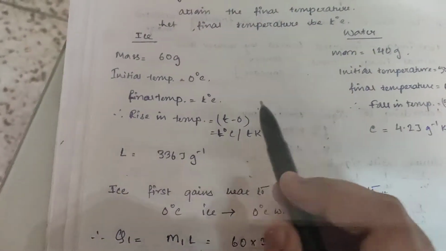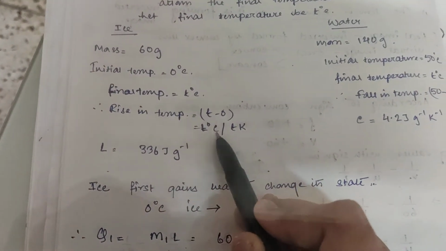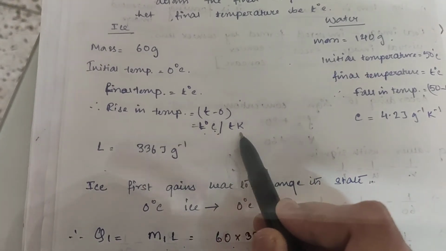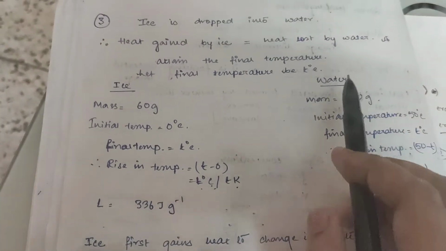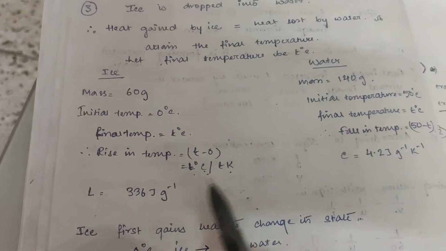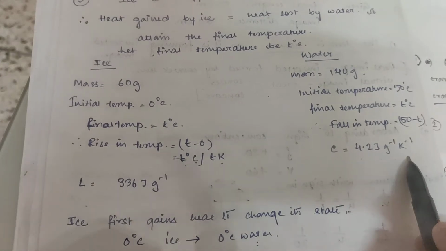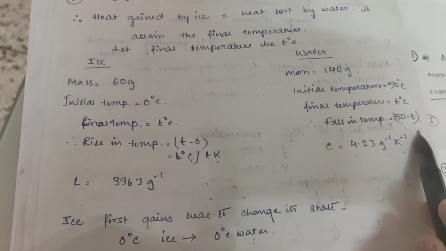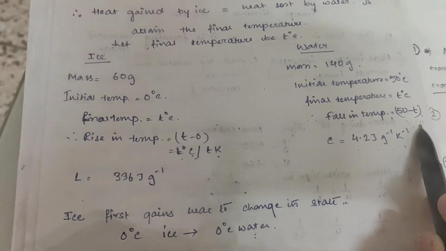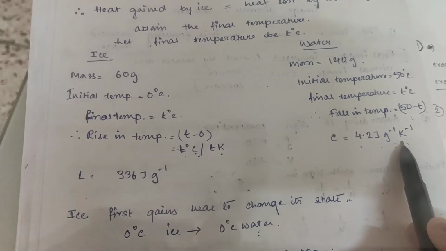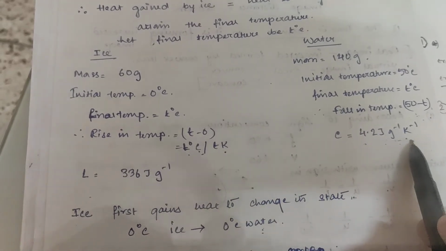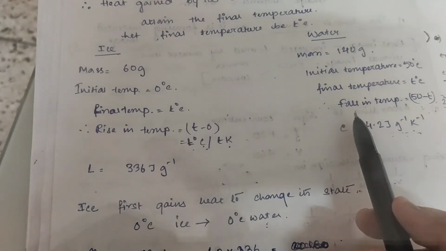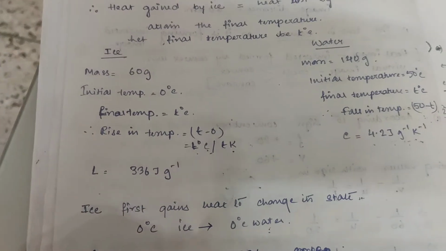Now, notice, delta T, even if you use delta T in degrees Celsius or delta T in Kelvin, it's the same. I think I have explained this many times. In the specific heat capacity, see, the unit is given as 4.2 joule per gram per Kelvin. So you can use it as 50 degrees Celsius or 50 K. We need not convert anything because this is given. Why will I convert? Because this is given per gram and per Kelvin, and I am just finding the temperature difference here. So it's the same in both, and we don't need to change anything. Notice this.